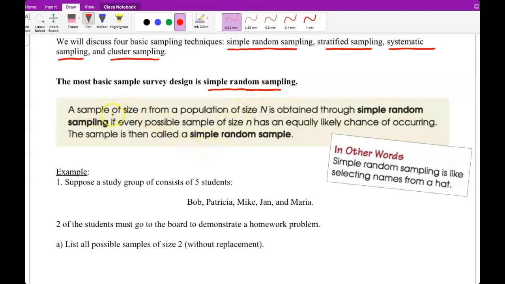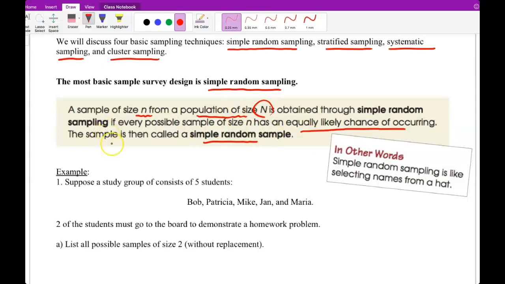And what that is: a sample of size N. As I said, when we use a sample, we show that with N, from a population of size N, obtained through simple random sampling. If every possible sample of size N has an equally likely chance of occurring, then we can call that sample a simple random sample. So this means that all the individuals in the population have the same chance of being selected